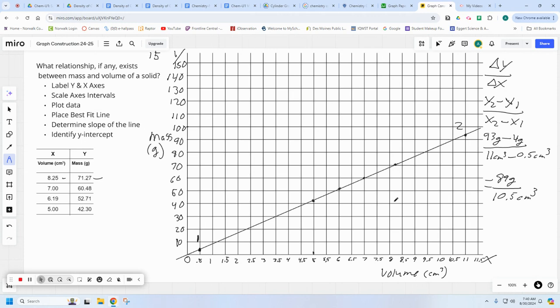Now, density is often reported for every 1 cubic centimeter, because it's hard to imagine 89 grams of material for 10.5 cubic centimeters. So conventionally, we always simplify our slopes over 1, so we can say for every 1 cubic centimeter of volume. So I'm going to divide 89 by 10.5, and I got